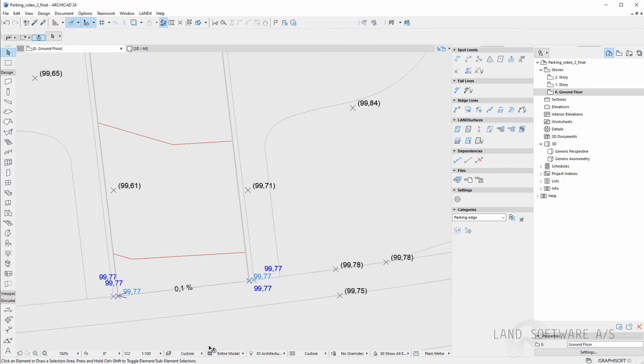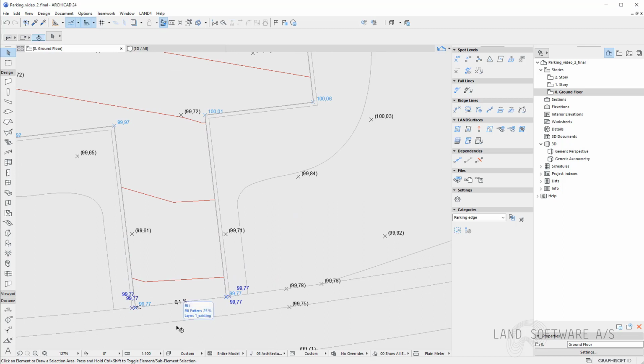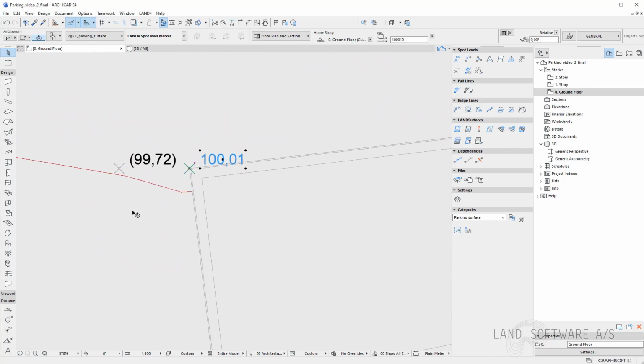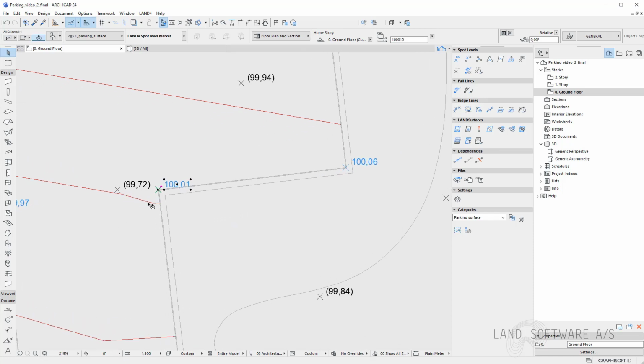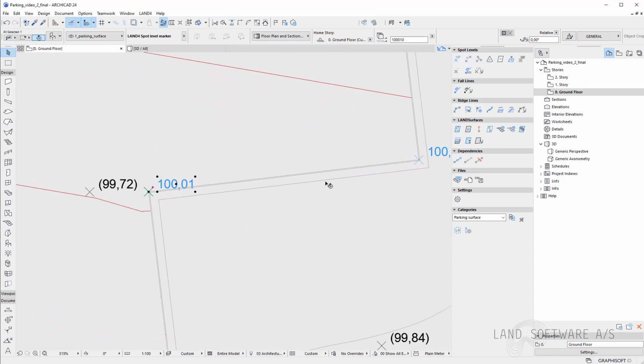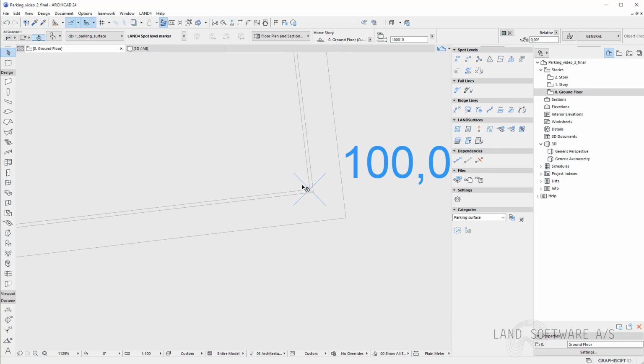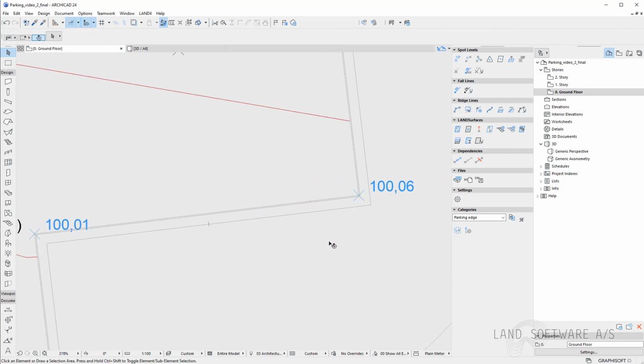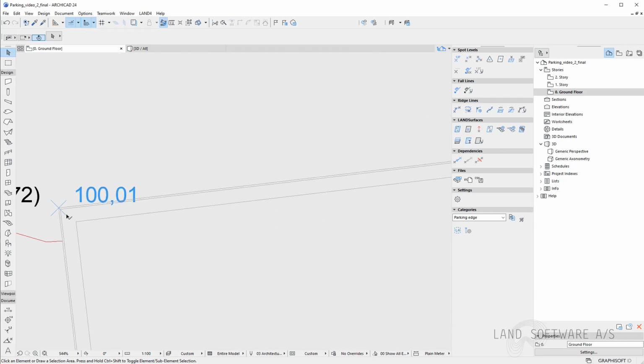Now, having defined these spot levels, I can continue placing more spot levels along the parking edge. Therefore, I can start and place these spot levels manually. So I can have a 10 centimeters difference in relation to the spot level at each corner of the parking surface. So I can place this one manually.